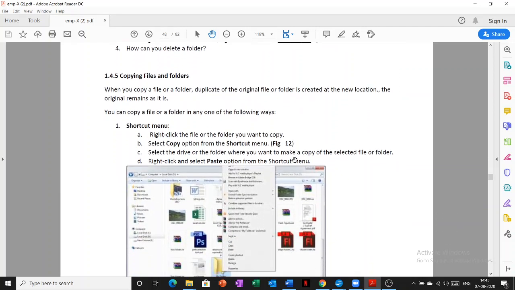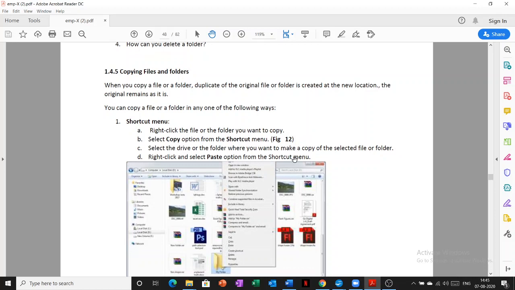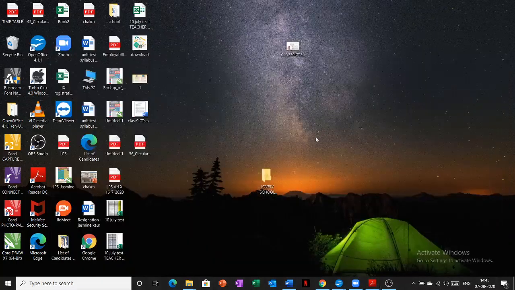Here comes the topic copying files and folders. Copying means you want to have the original file as well as you want to create a duplicate file at the new location. So copy and paste option. Let us assume I have to copy this.